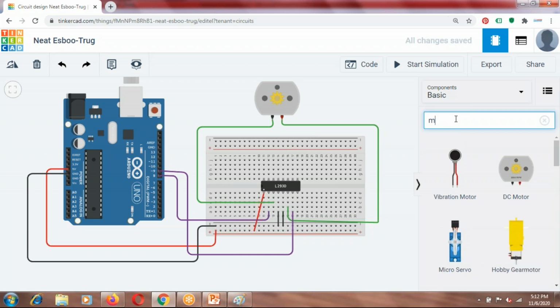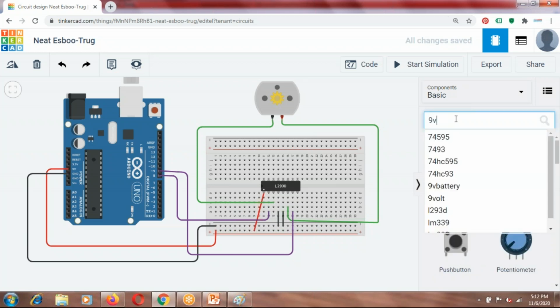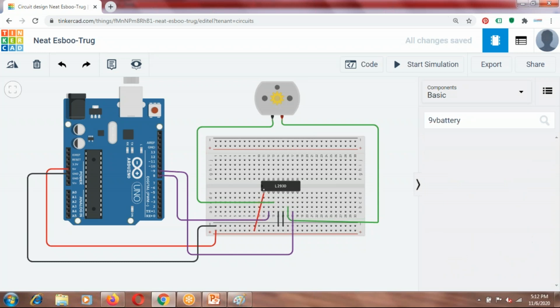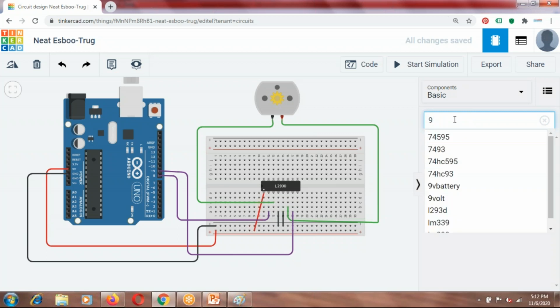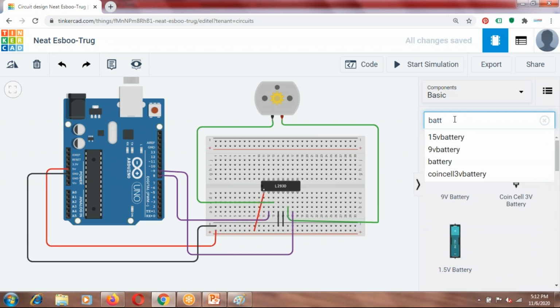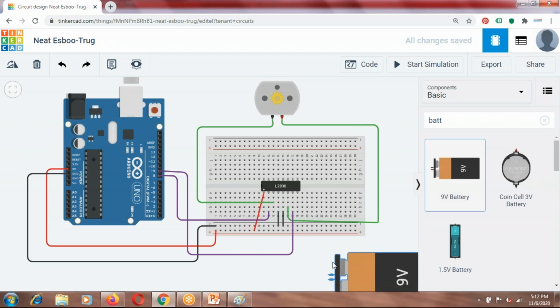Now let us take a 9 volt battery. That is also available here. It's not showing it. Battery. Yeah, here it is. Just place it here somewhere.